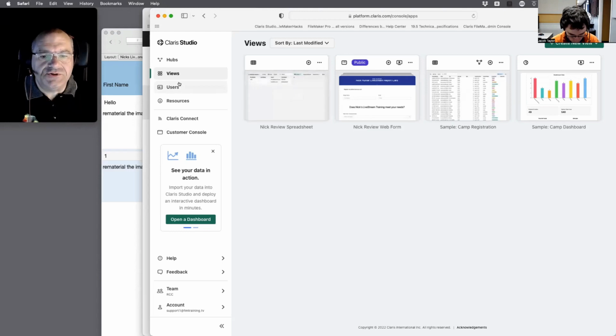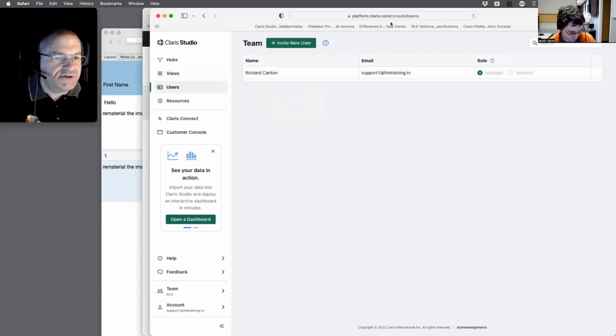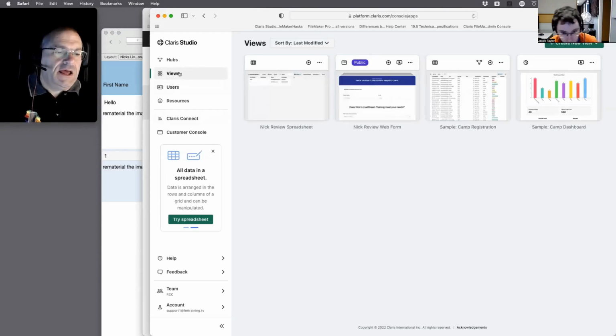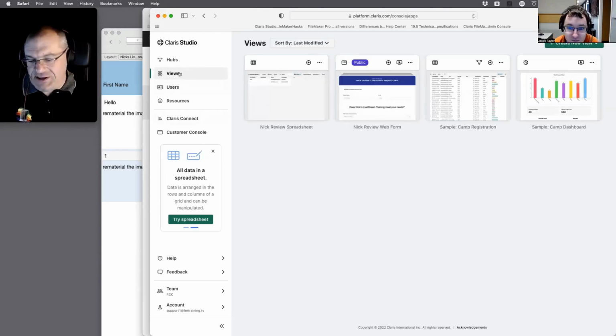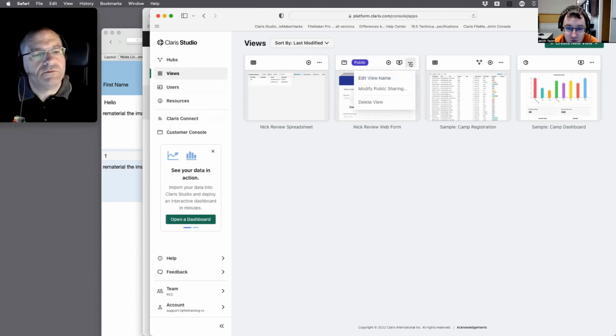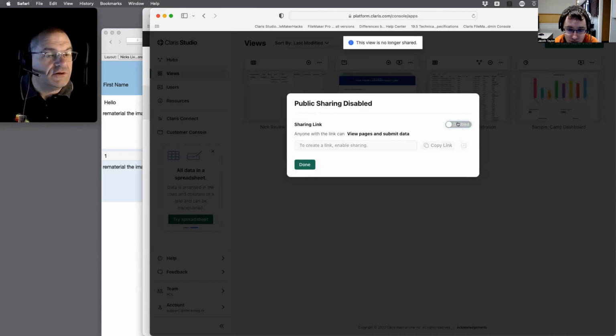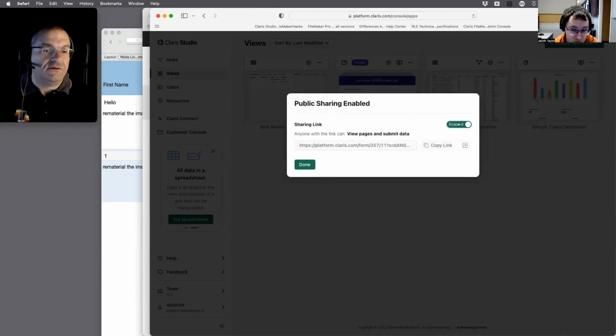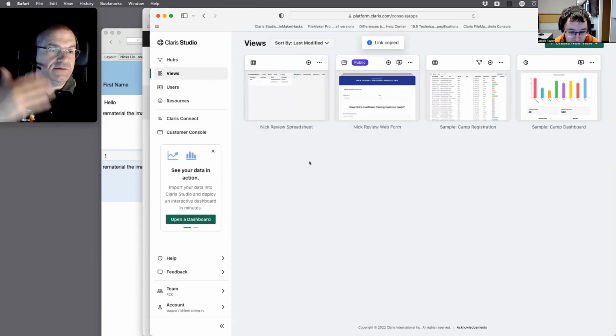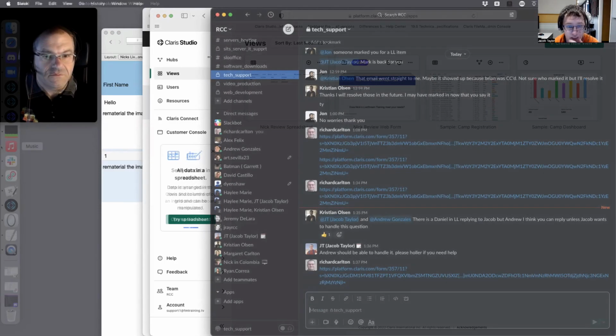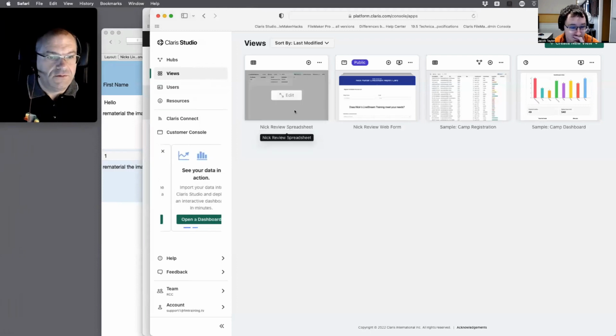What about users? Do we need to do anything with users in here? Manager? No. Like, do you need like a general user? The problem is public, you can't tell. Do modify public sharing. And that is the same thing. Okay. I could shut it off and then turn it back on again. Click on. Copy that link. Paste it. Okay, link copied, done. Put it wherever it goes. Yeah, that one takes me right to it immediately.